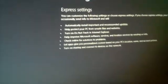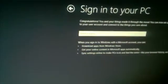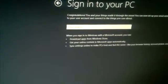So Express settings, the default ones, they're pretty good. I don't see the purpose of choosing new ones, so I just click that one. Now you can sign in with your Microsoft account. I'm just going to click skip and use the Hacker 007's account, which it migrates from my Windows 7 computer. So if you go ahead in the corner there and click skip, it will finalize your settings, port them in, and then it's going to give you a little